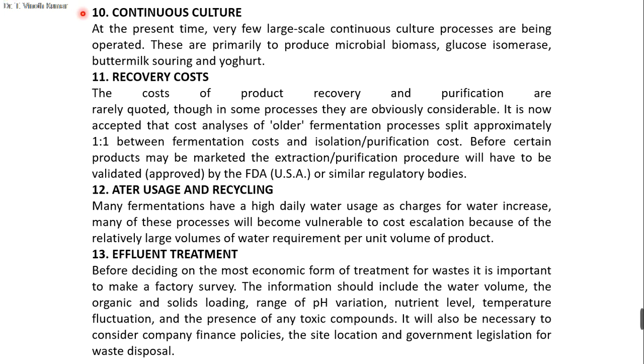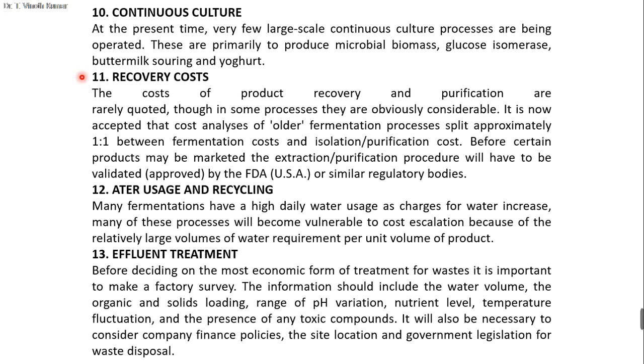And the continuous cultures may be for the bulk cultivation, and maybe the continuous production at the industry level, this may be advisable. So this is mainly to produce microbial biomass and enzymes, the glucose isomerase enzyme, and in the milk industry, especially buttermilk production and yogurt production. So this continuous culture may be very useful because the running cost is very less when compared to the batch and fed batch. And recovery cost,